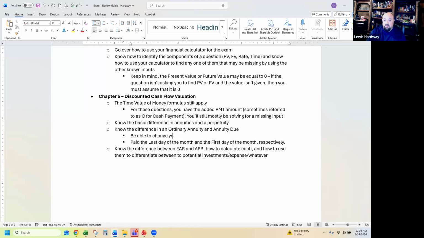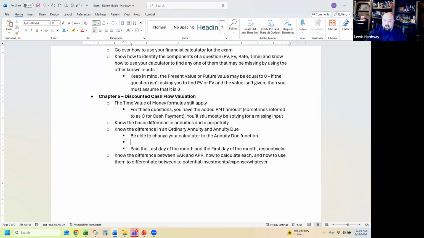Be able to change your calculator to the annuity due function. And I'm looking at, oh geez, I dropped my calculator. So it's the, doing clear. So right above the payment key, you want to hit the second, and then right above the payment key, it's naturally set to end, but you can